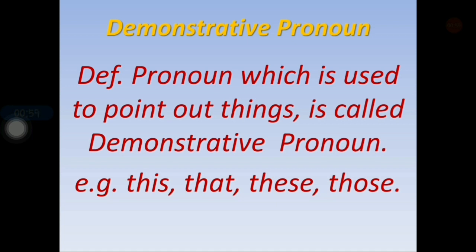Now see, demonstrative pronouns are there and demonstrative adjectives are also there. The same rule is applicable here. When they are alone, they are demonstrative pronouns, and when they come with a noun, they are demonstrative adjectives. For example, this is a present from my uncle. Here the word this points out the present. So this is called a demonstrative pronoun.